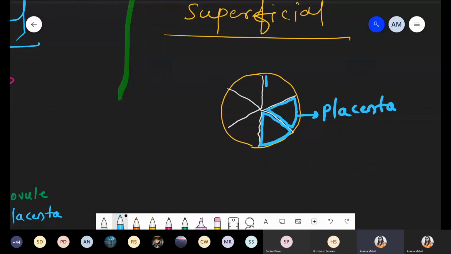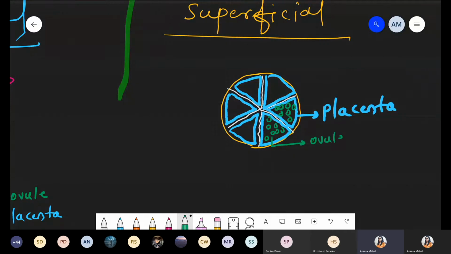If you see, that placenta covers all the margin, all the boundary. That's why we can say this is the primitive one, superficial, which is present in primitive organisms and is still present in water lily. And we know that where the placenta is present, on the placenta there is an arrangement of ovules. So inside this placenta many ovules can be present. We are showing a few. So these are the ovules. Such a placentation technique is called superficial, which is the most primitive and very common in water lily. Got it?